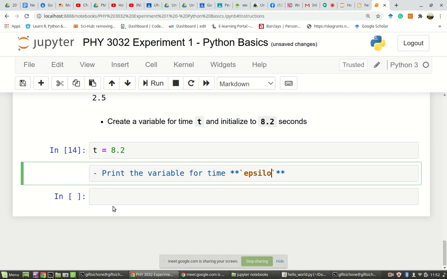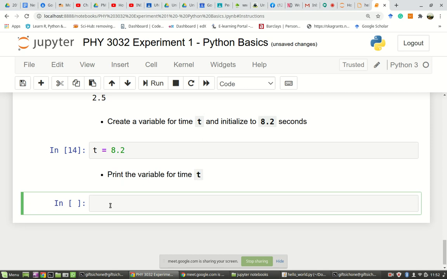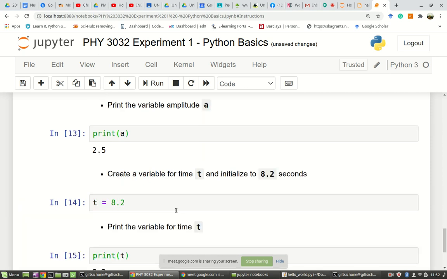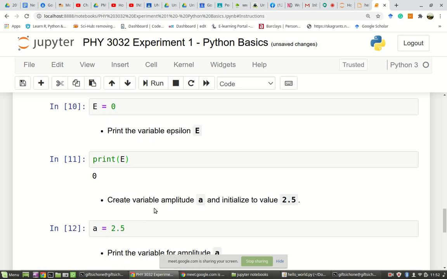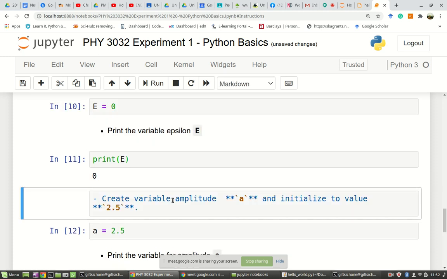So print T. There you have your 8 point something there. So the other one, you print the variable for time, print the variable for amplitude. I'm supposed to put for amplitude. There, it's better English. For amplitude A, create a variable for amplitude A and initialize the value of that. Print the variable